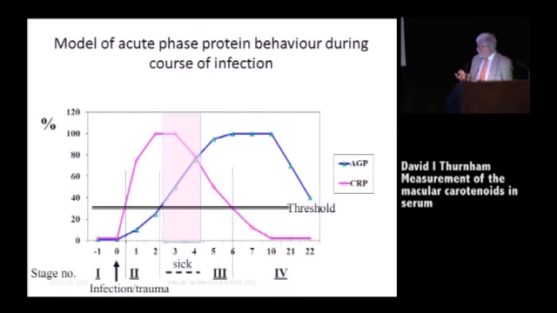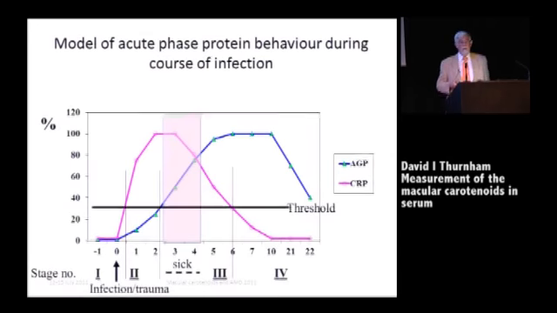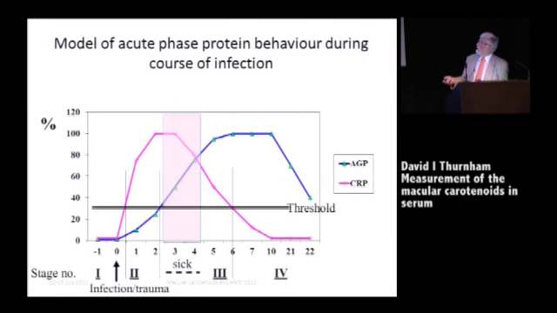This is the model, and what you see happens when you get an infection. Your CRP rises almost instantaneously. As soon as you get bitten by a mosquito, injecting malaria parasites, then your CRP will rise. You may get no evidence of clinical disease in the first 24 to 48 hours. This period we call our incubation phase, where you've got evidence of CRP increasing, but no evidence of clinical signs. Then you get sickness, variable length of time, variable severity.